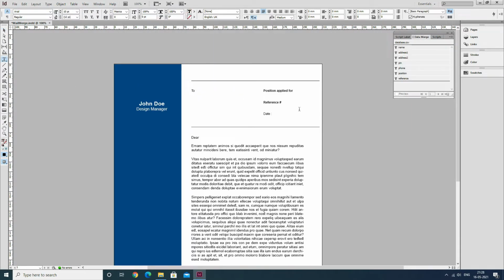Select the text tool and click on the field to insert the data. Do this for all the other fields also.